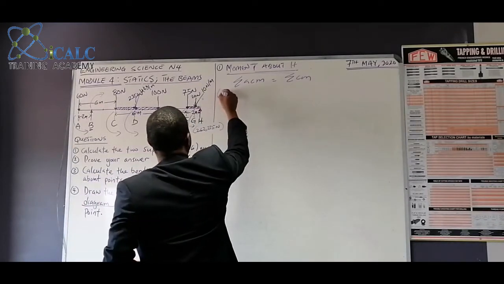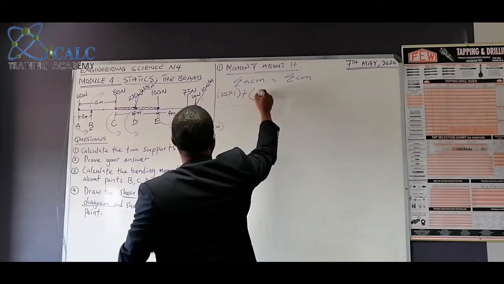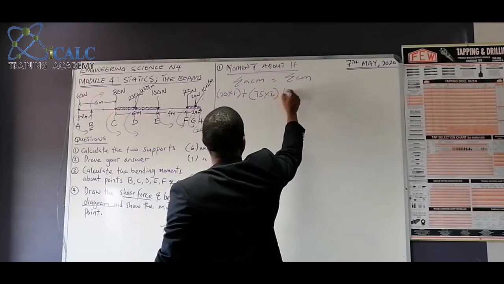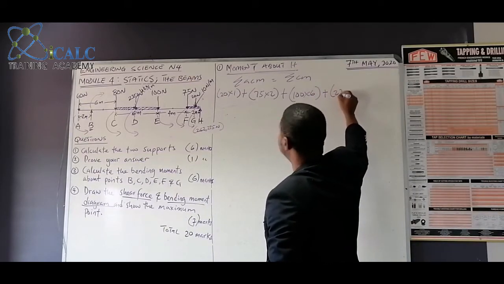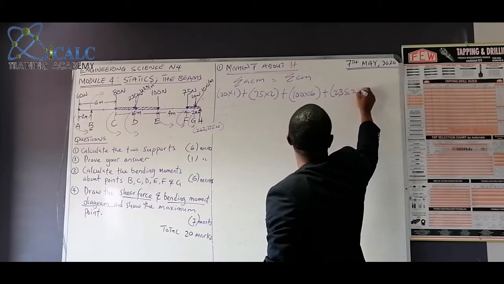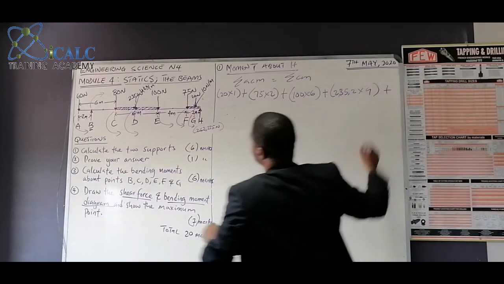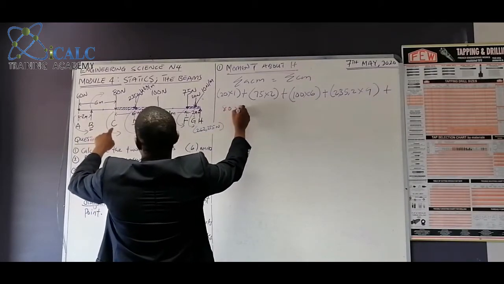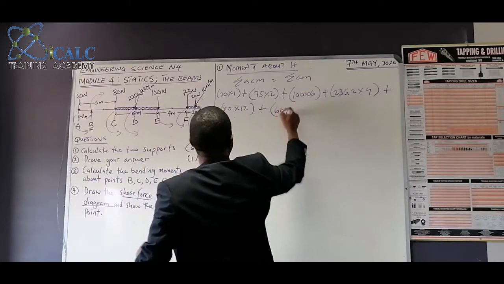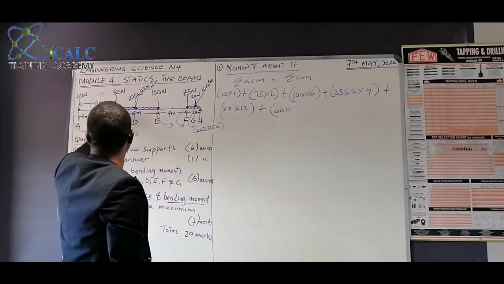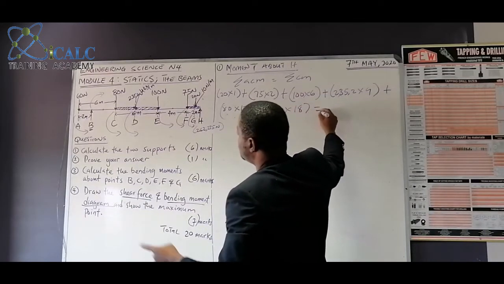So we start. For anti-clockwise, 20 multiplied by, the distance from here to this point will be 1, plus 75 by 2, plus 100 by 6, plus 235.2 multiplied by, from here to here is 3, plus 4 is 7, to there is 9, plus 80 multiplied by 6, 10, 12, plus 60 multiplied by 2, 4, 6, 12, 12 plus 4, 16, and this will be 18, will be equals to B,